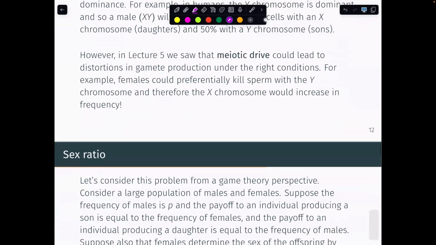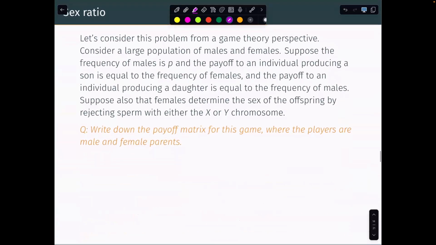Okay, so we're going to be thinking about these distortions. We can think about it from a game theory perspective, and some of the early game theory ideas actually came about thinking about sex ratio as well as animal contests. This has a long history in game theory. So let's consider a large population of males and females mating randomly. Large population means that we can ignore any stochastic effects. We're going to suppose that the frequency of males is P,